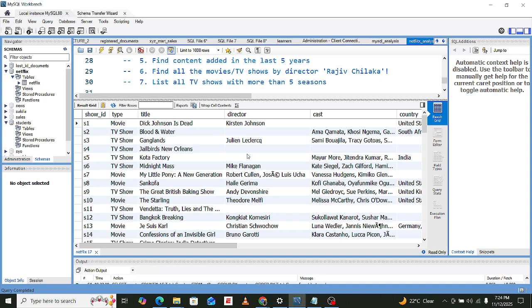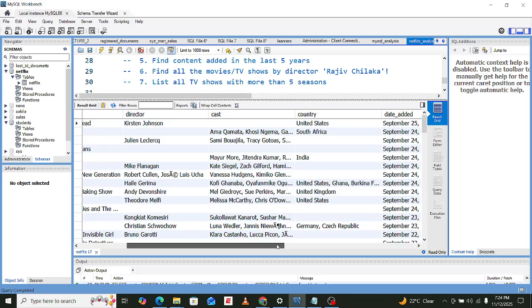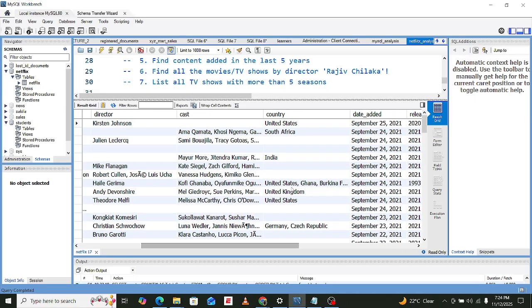We are supposed to check the top countries with the most content, right? And you notice that when it comes to countries, we have some movies or TV shows